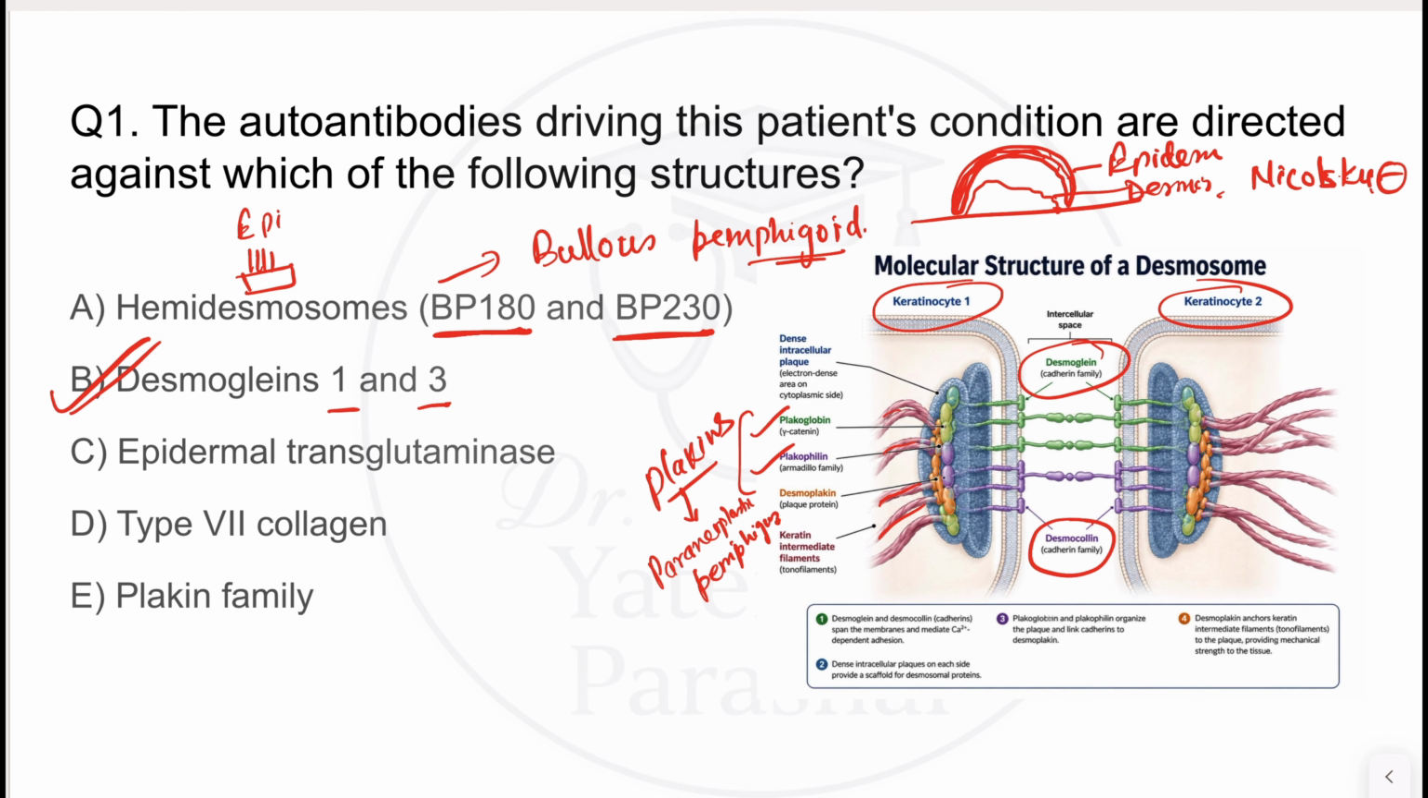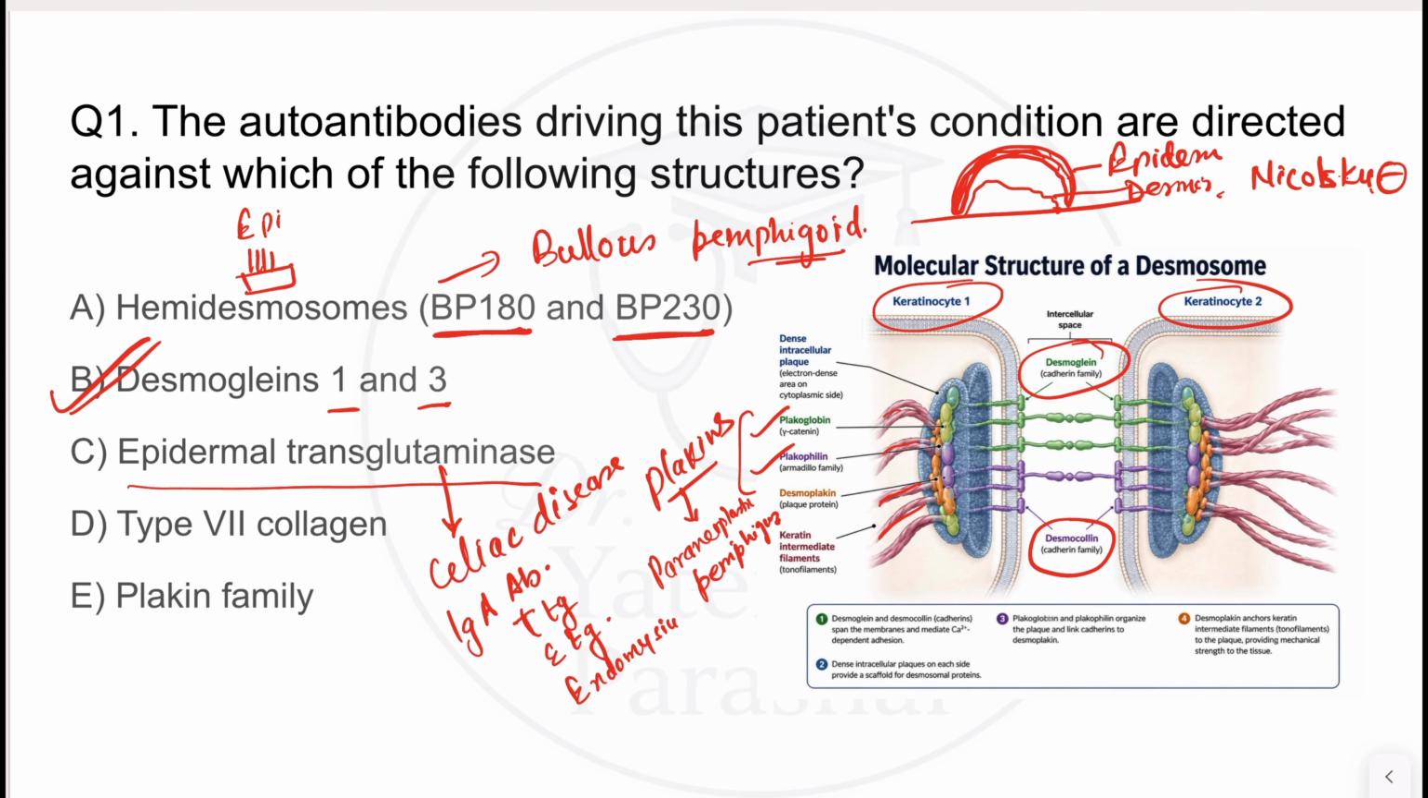Option C, epidermal transglutaminase. This is seen in cases of celiac disease, in which IgA antibodies are formed against the TTG, tissue transglutaminase, and epidermal transglutaminase, and also against the endomysium. So it will cause dermatitis herpetiformis,